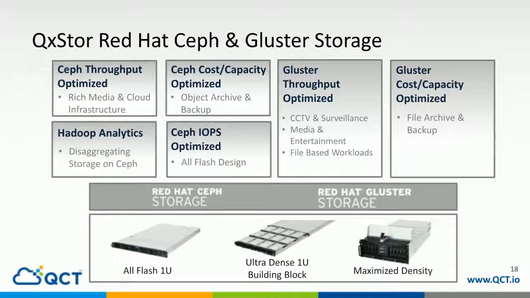So we look for configurations that offer the highest performance per unit of power consumption. And finally, in our design consideration, we also need to make sure that we have the minimum server fault domain,